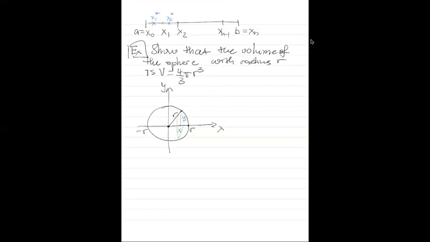I'm going to write this down. That's very important. The cross section is a circle with radius